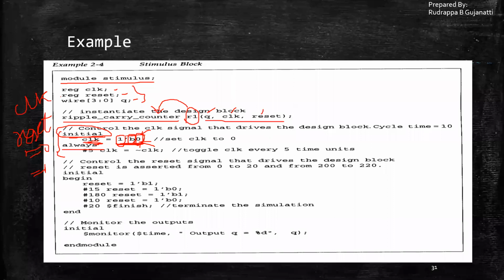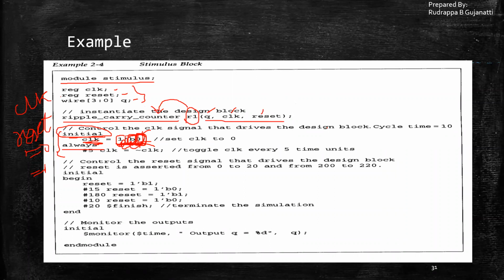So what you're doing is initializing the clock to 0. This is the value. But in what form is the value? It is in binary form in this case because B is present over here. And what is the size of this binary value? The size is only 1. That implies in this case there is only 1 bit. So you are initializing the clock to 0.